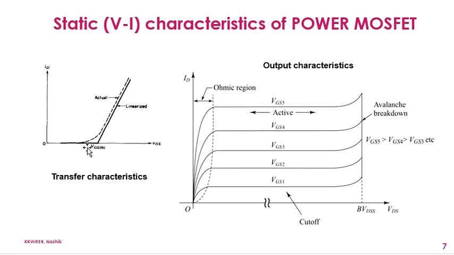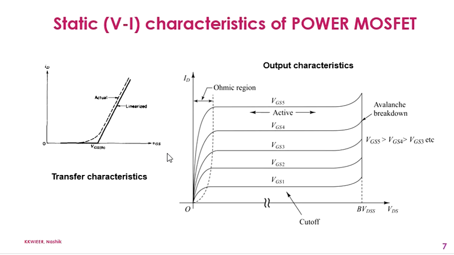When VGS is slowly increased by some amount, as VGS keeps increasing up to this threshold, the ID will remain 0. After reaching this threshold, the junction will break down and a large amount of current will flow through the device. So suddenly the value of ID will increase in this way.